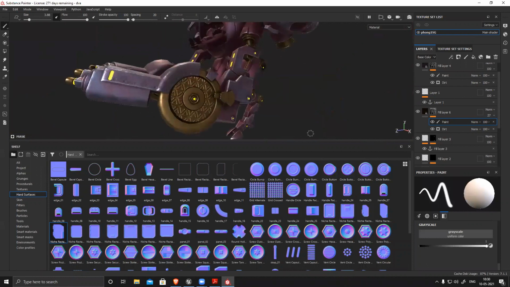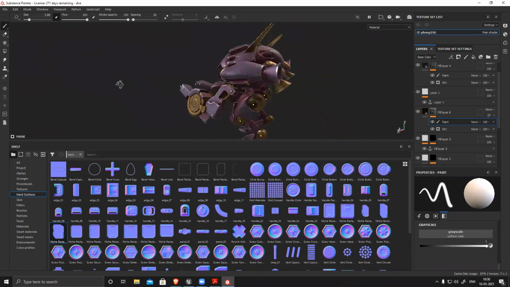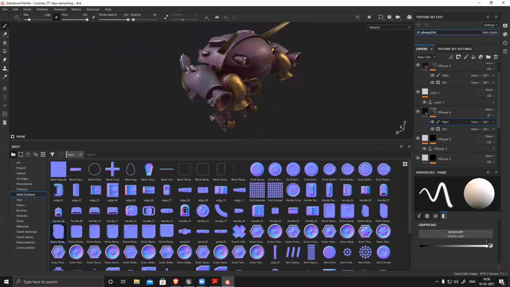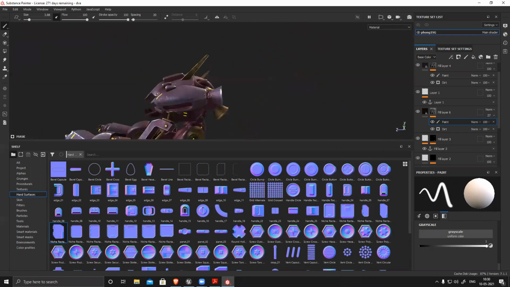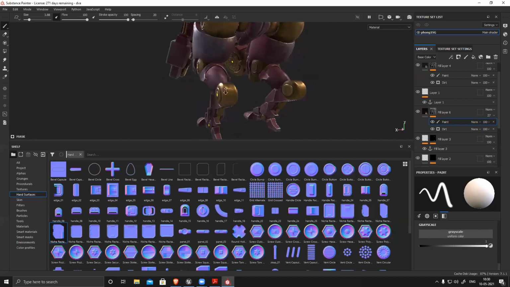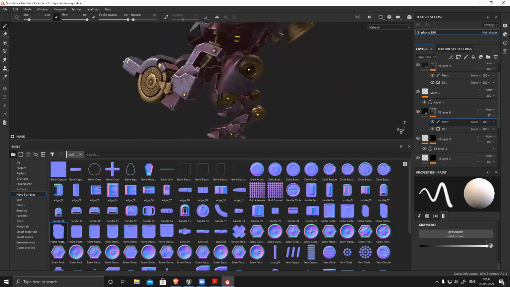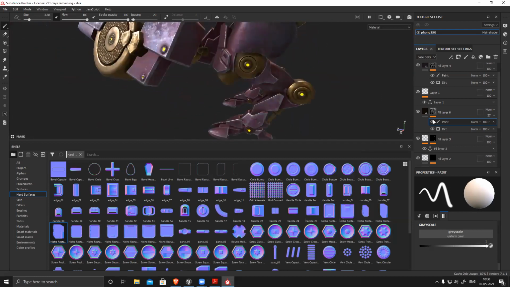Like this, you can generate all kinds of detail you want to add to the surface, any kind of design pattern. Because right now I'm planning to add this bronze texture, so I'm planning to add some amount of design, not floral design, something geometric. So it will look nice. If I want, I can use the same pattern on other areas as well, just to get the correct appearance.